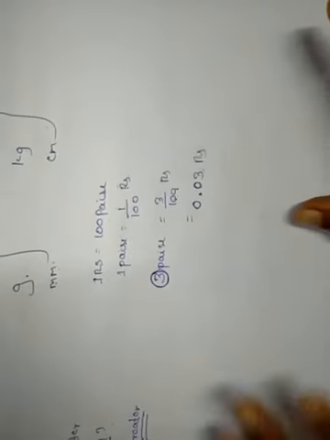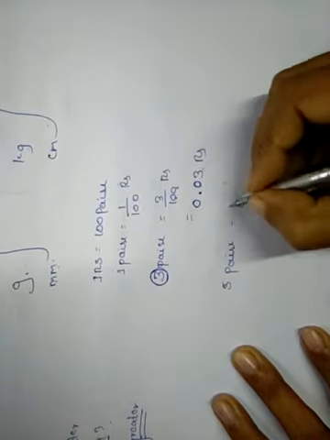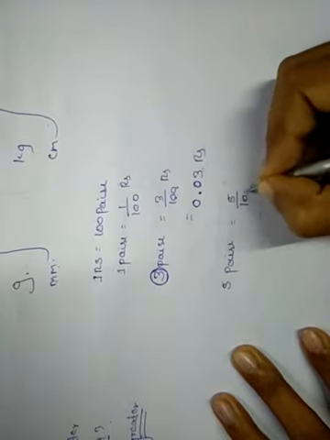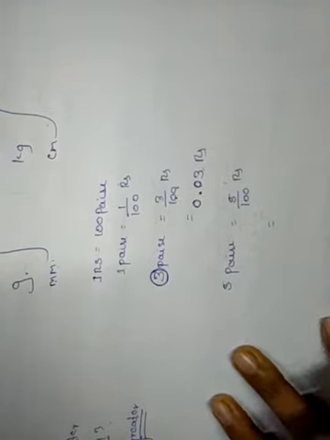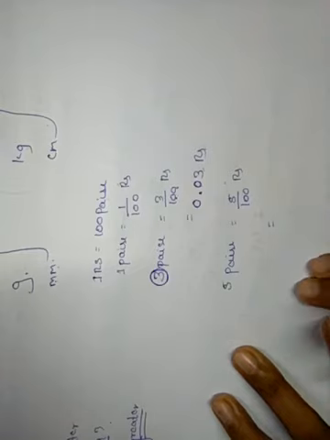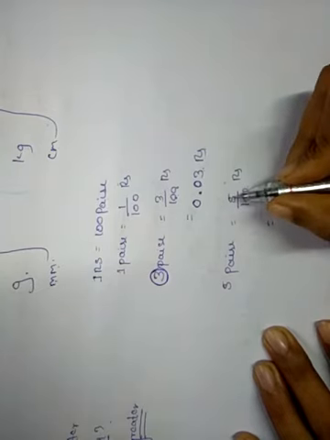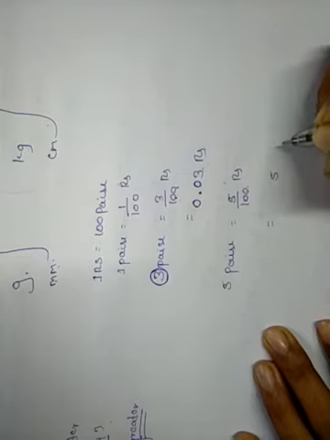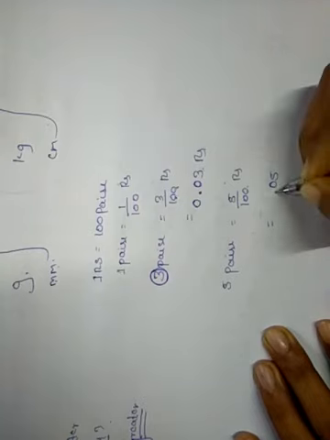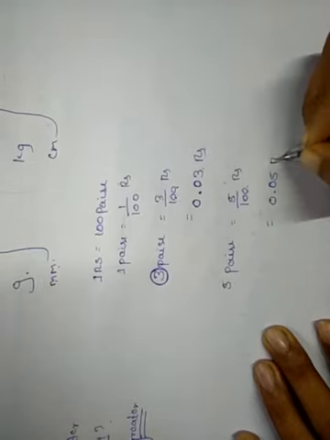Similarly, we'll take one more, 5 paisa. 5 paisa means 5 divided by 100. To convert from paisas to rupees, we have to divide the given paisa by 100. Here also same thing. Here also two zeros. I have to give the decimal point after two digits only. So there is a single digit. I will take one more 0 and I will give this point and one more 0. This is what here, 5 paisa means 0.05 rupees.